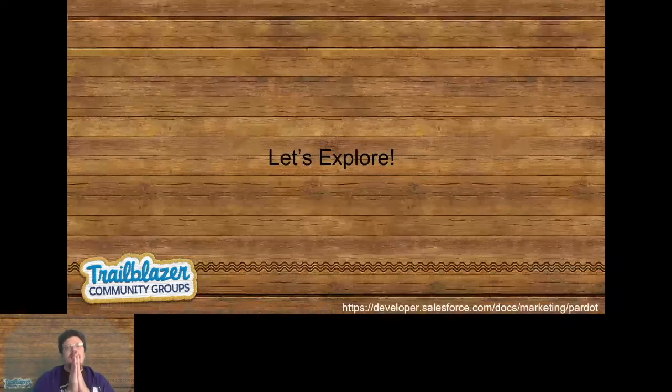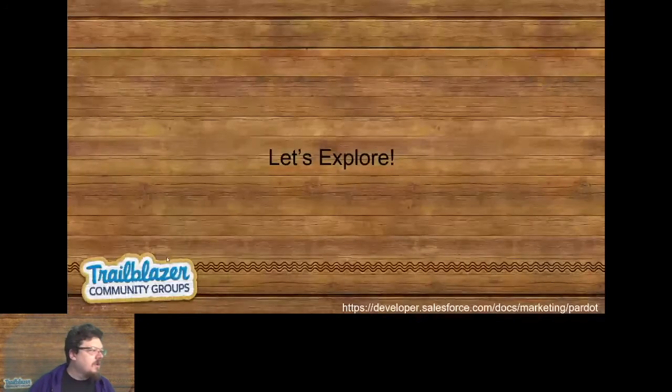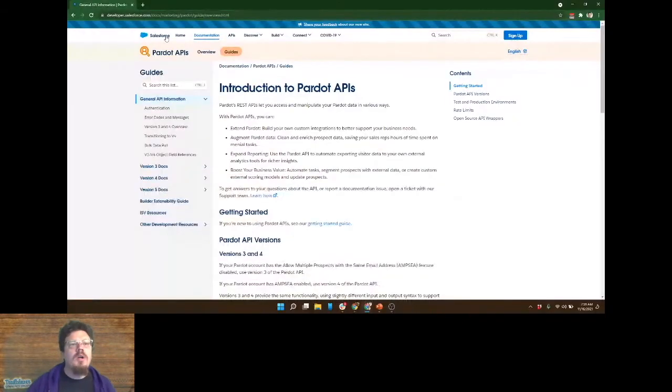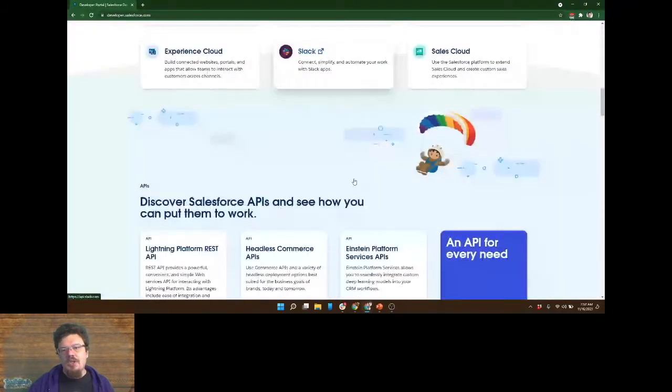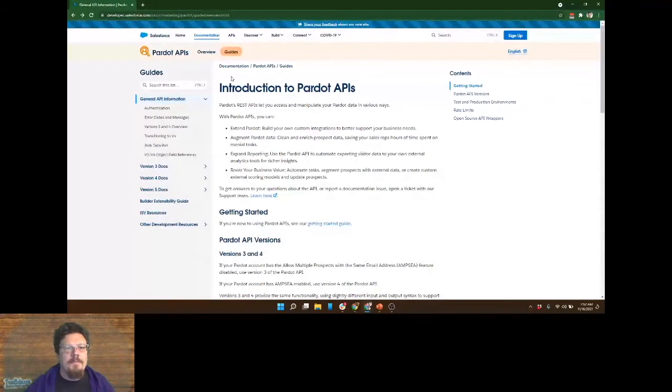So let's explore the Pardot API. So when we want to go and look up an API, there's documentation. The Salesforce developer documentation is at developer.salesforce.com. And we want to go to the Pardot section, right? So if we go to developer, we scroll through here, there's going to be in here somewhere the link to the Pardot documentation. I'm on this one so often that I let it autocomplete, right?